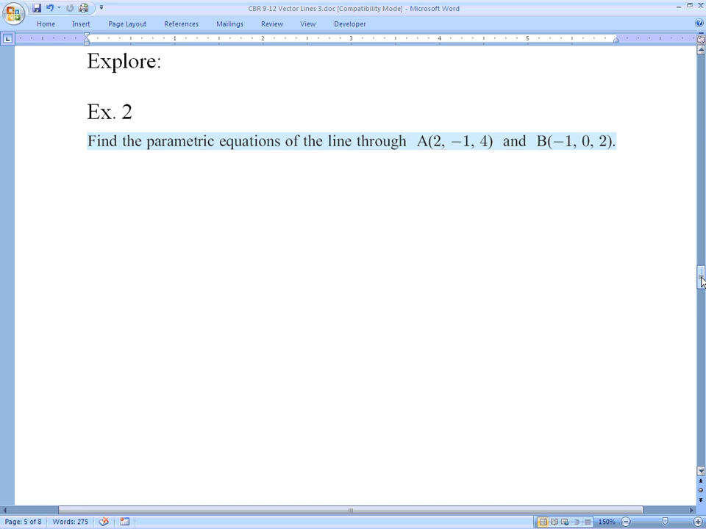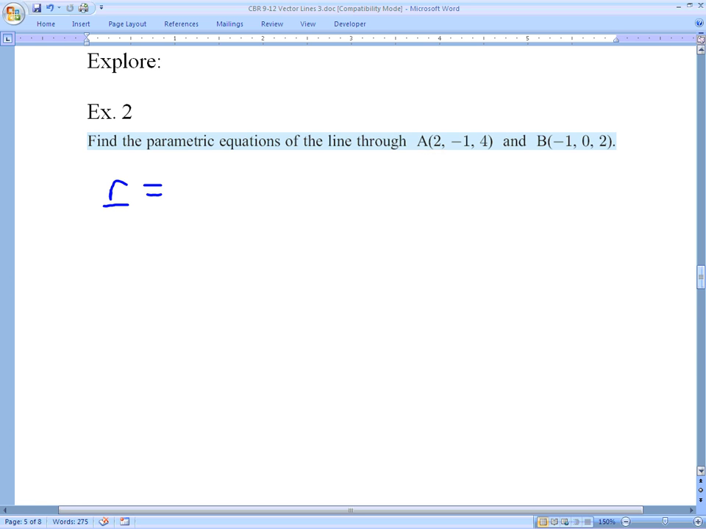All right, this one asks us to find the parametric equations of the line through A and B, and they give us ordered triples for each of those. So we're going to need a few things here. We need a position vector. I like to start with my vector equation and then break it apart. So we're going to start with r equals a plus b times t, or the other way around is fine as well. And so we've got our x, y, and z